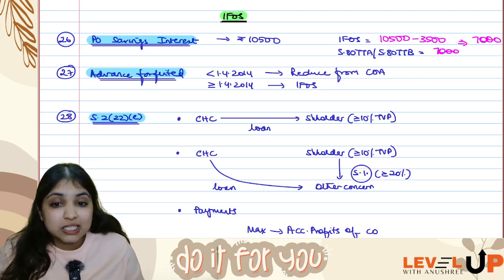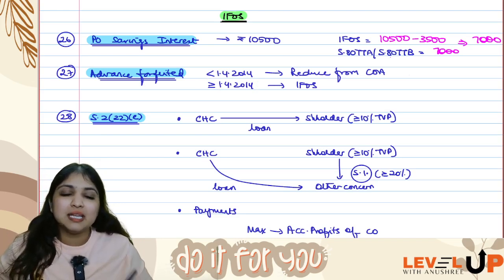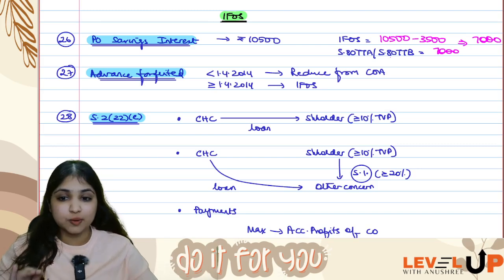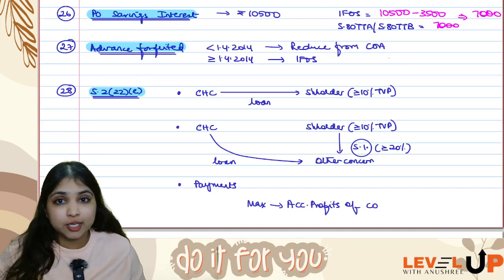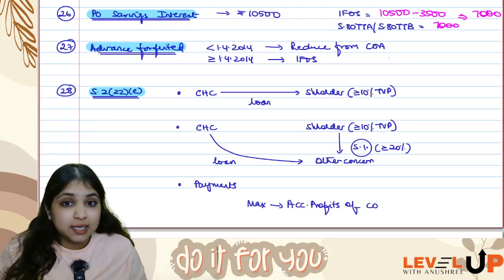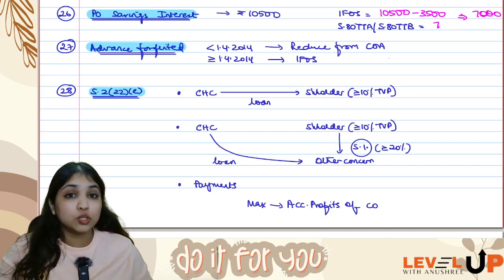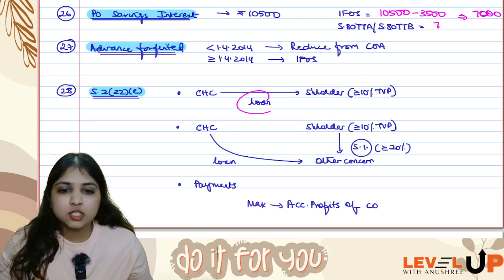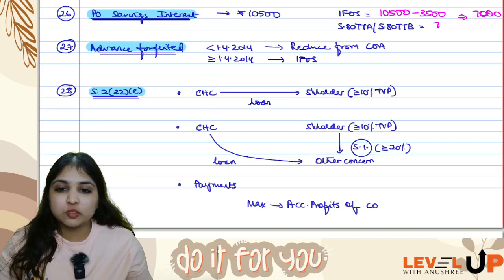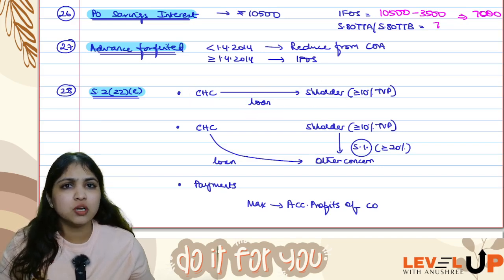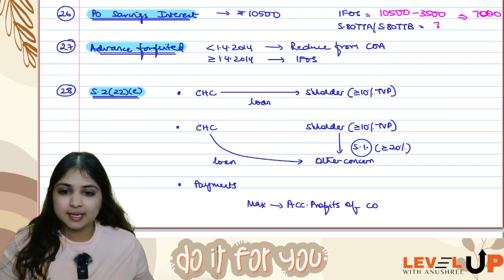But if the advance money is forfeited on or after 1st April 2014, then the entire advance money as it is will be taxed under the IFOS head. Then under section 222E, dividend, I am talking to you about next. If the closely held company gives any loan to a shareholder who has at least 10% total voting power, then this loan itself will be considered as dividend under section 222E. So the closely held company is giving a loan to a shareholder who has at least 10% equity share capital in the company, then this loan will be considered as dividend.